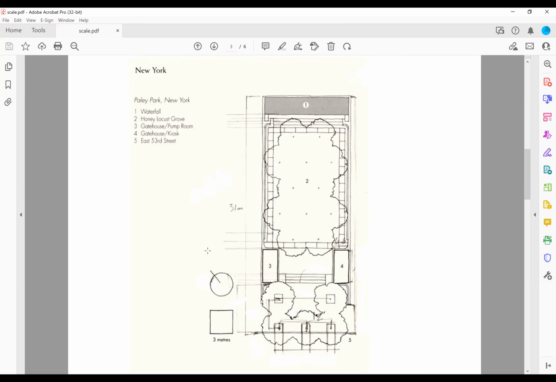So you have this plan oriented, and you can see where the sun is coming from and where the shade is going to be. Another really important thing is the scale reference bar. That allows you to see that this is a fairly small park, because this line represents 3